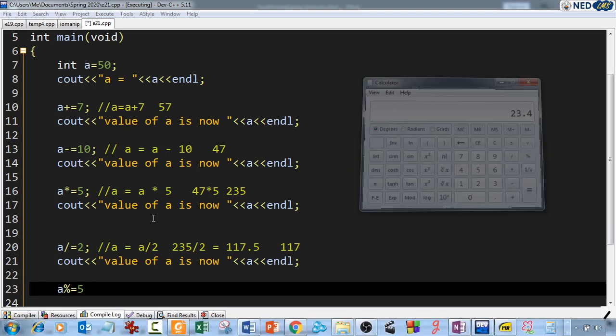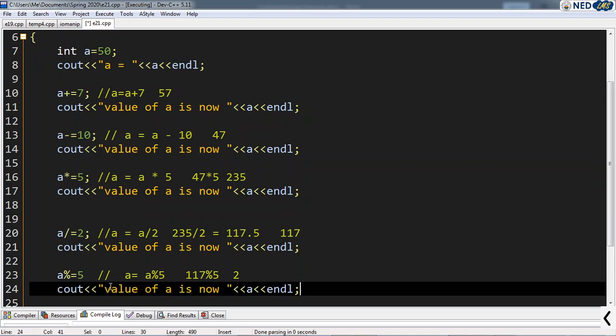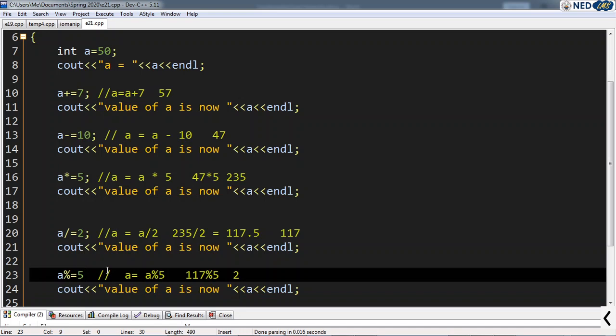Okay, so I think we should be getting A equals to what we are doing over here. Sorry, A equals to A percentage 5. So that means the remainder, if I do 117 percentage 5, the remainder would have been 2. So I'm going to get 2 over here. So let's run this code. Hopefully it runs. Value of, oh sorry, I did not put the semicolon over here. Okay,